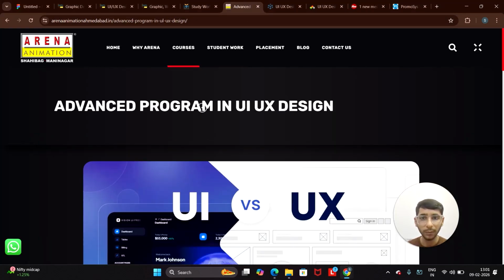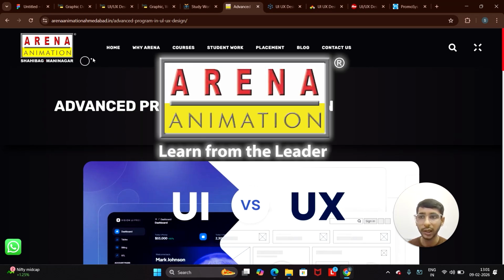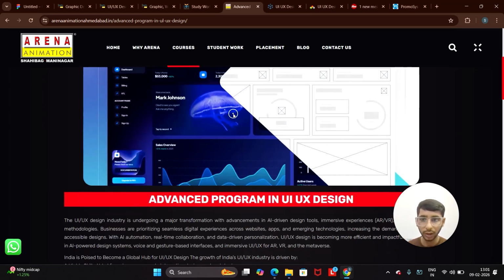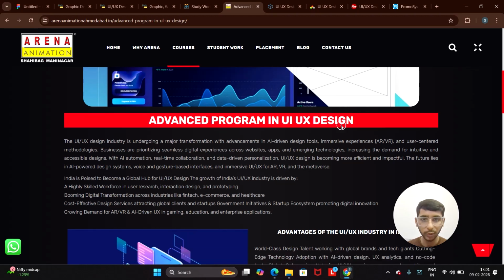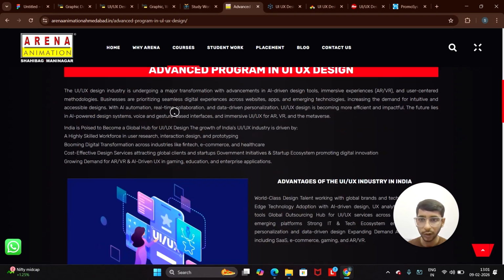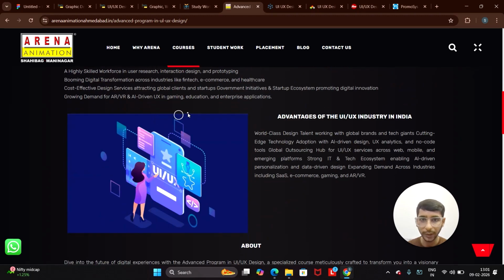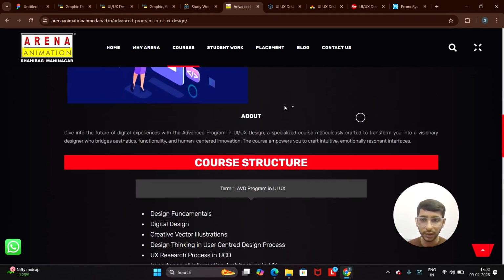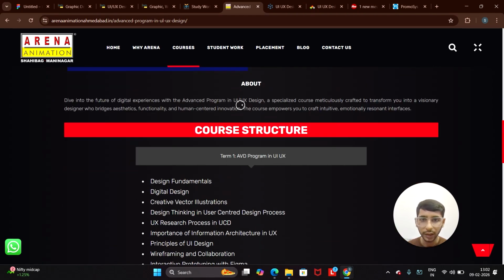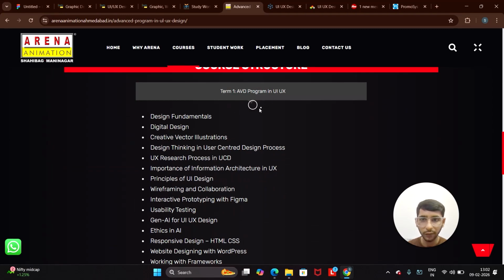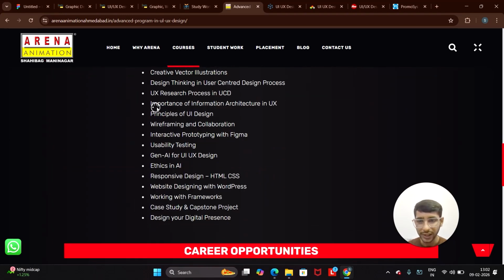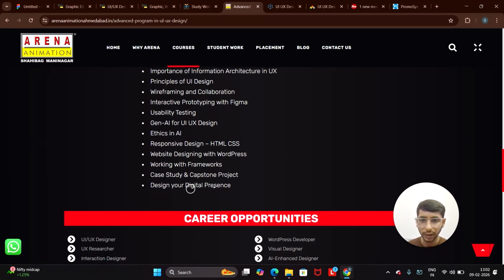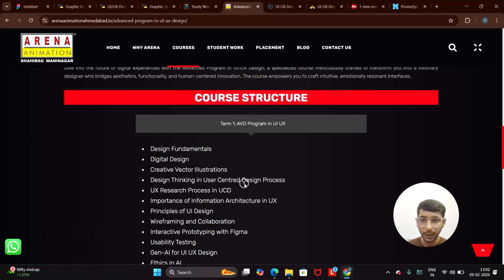This is the advanced program UI UX design course from the most popular institute, Arena Animation in Gujarat. It's a UI UX course, and it's an advanced program UI UX design course. This is the overview of the UI UX and fundamentals, and this is the advantage of industry of UI UX in India, and this is about the UI UX, and this is the course structure, like Term 1, what they are going to teach: digital design principles, ethics, Gen AI, case studies, design your digital presence, website designing,